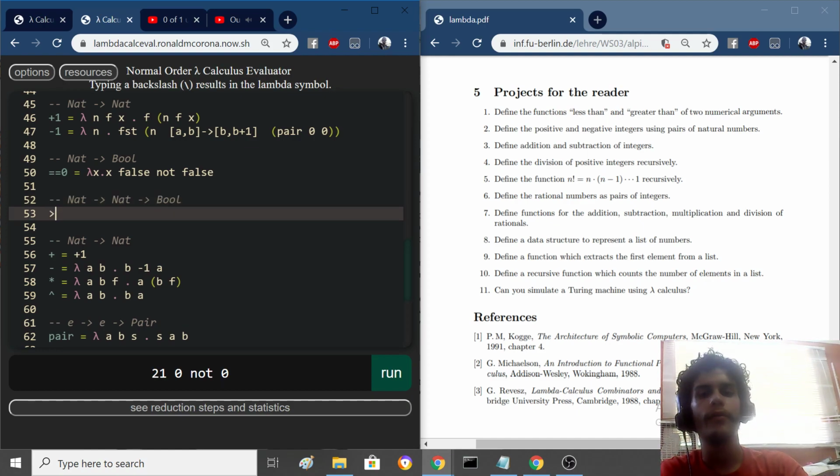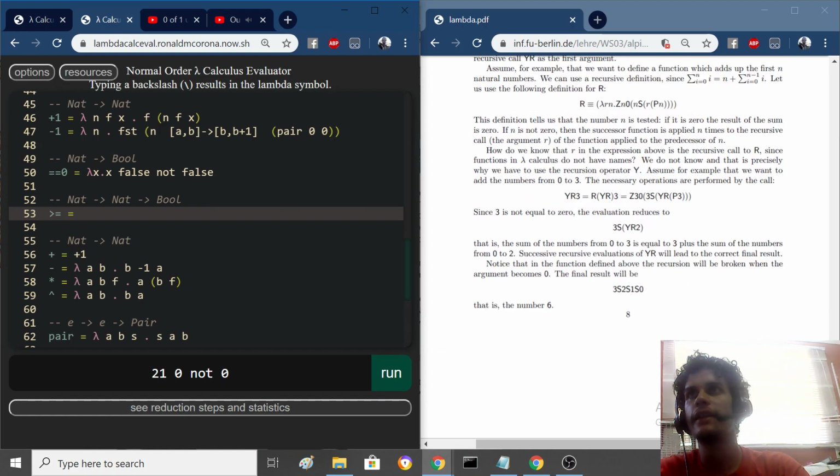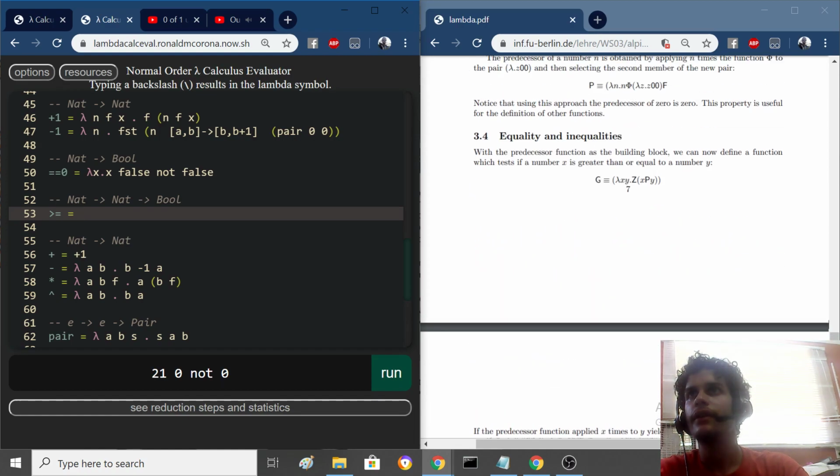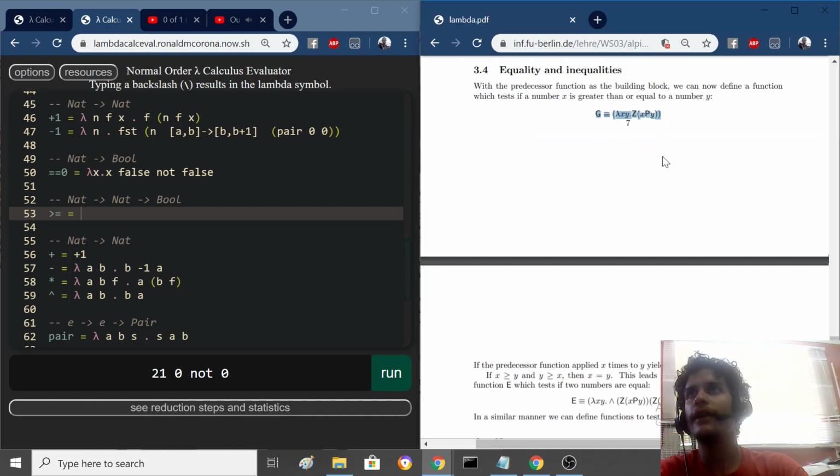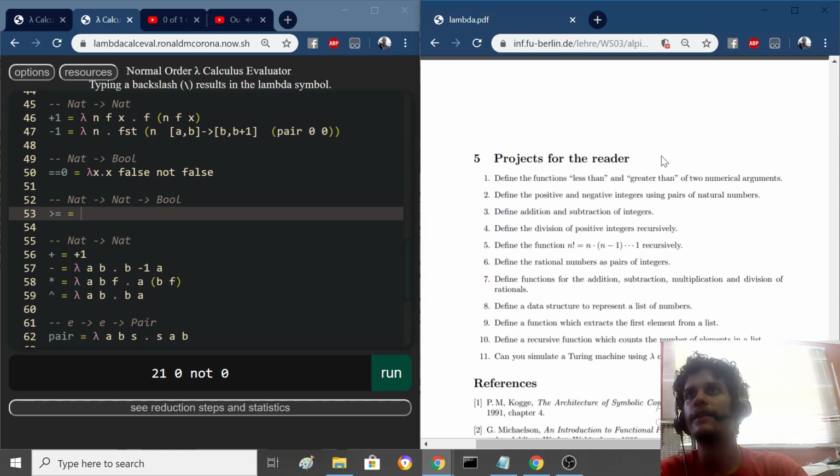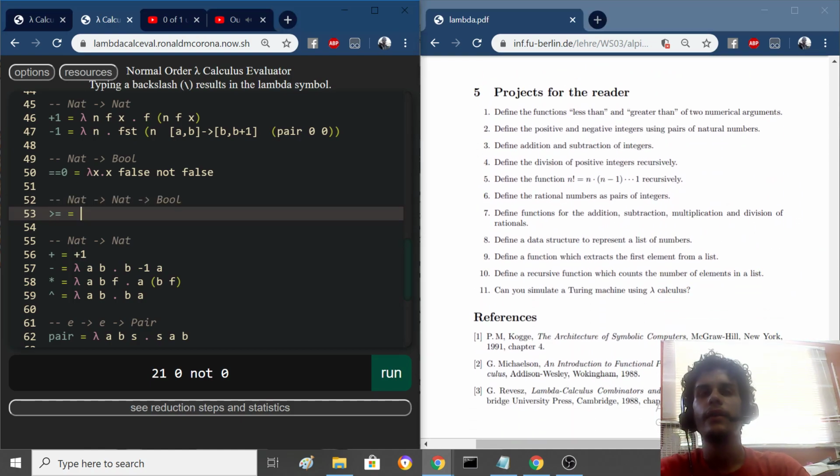Alright, so the first one we'll do is greater than or equal to, because it's already defined here. But we don't need to look at that to see. We could derive it ourselves, right? So it takes two numbers, x and y,